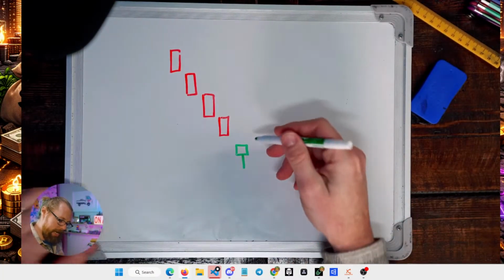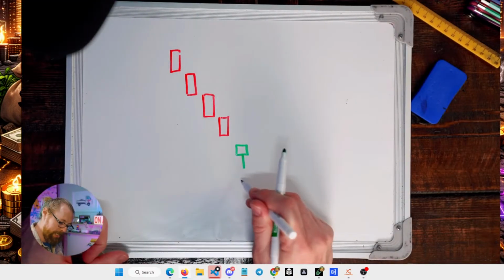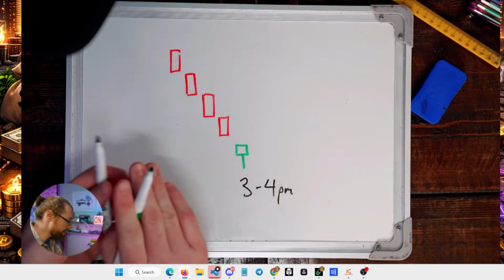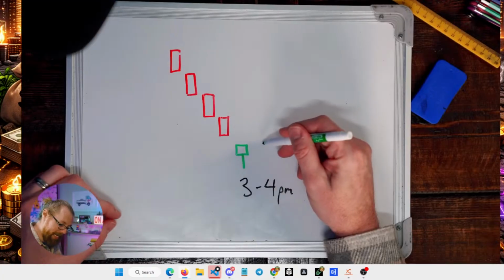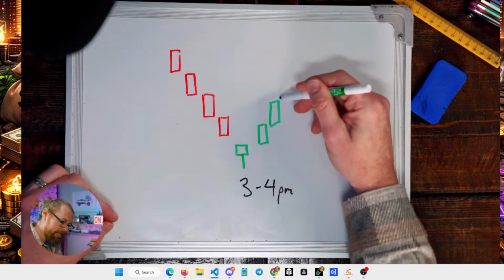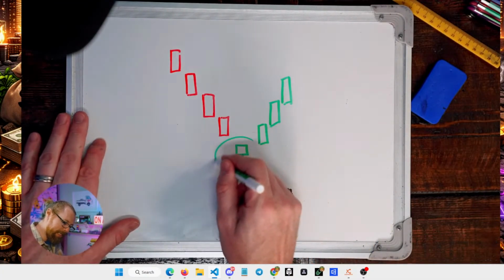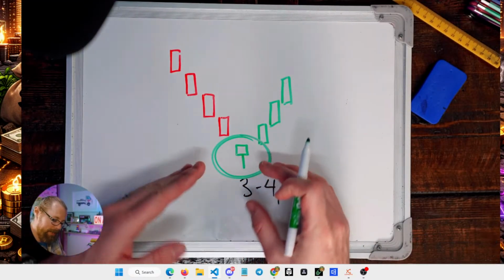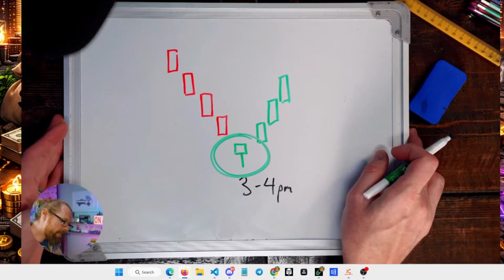All right, so this is a reversal indicator. It's a daily chart. So we take this trade between 3 and 4 p.m. when that candle is about to be closed, therefore making it an official part of the history of this chart. And we're buying there, and what we're looking for and hoping for is that the next day we start to rally back up. So this is more of a daily setup, and what's important is that this hammer is really sort of outside the low because of the way it gapped slightly down. So a morning star candle,